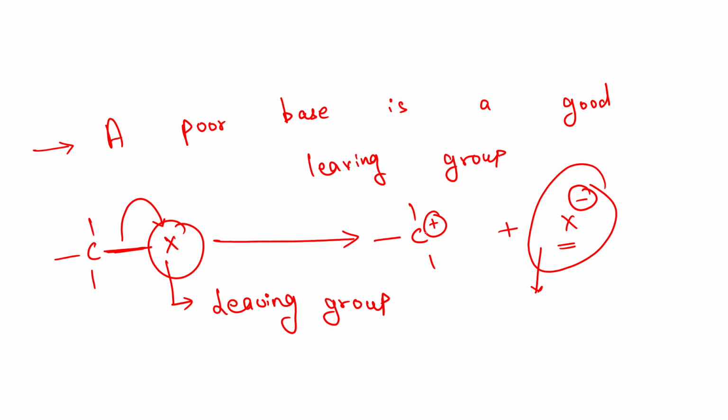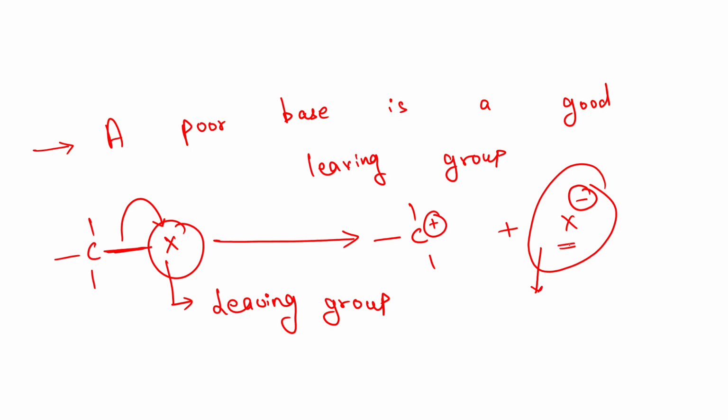It should not be very much reactive, it should be stable. एक बार उसने हाइड्रोलिटिक क्लीवेज कर लिया, एक बार वो डिपार्ट हो गया, it should be stable. After departing it should be stable and less reactive, ठीक है। इसीलिए जो पुअर बेस होता है ना, पुअर बेस इतना ज्यादा स्ट्रांगली रिएक्टिव नहीं होता है, ठीक है। अगर बहुत ही ज्यादा, फॉर एग्जांपल ये जो X जो बेस है ना, X मॉलिक्यूल जो है ना, अगर बहुत ही ज्यादा स्ट्रॉन्ग बेस होगा तो वो बहुत ही ज्यादा रिएक्टिव होगा, ठीक है ना।